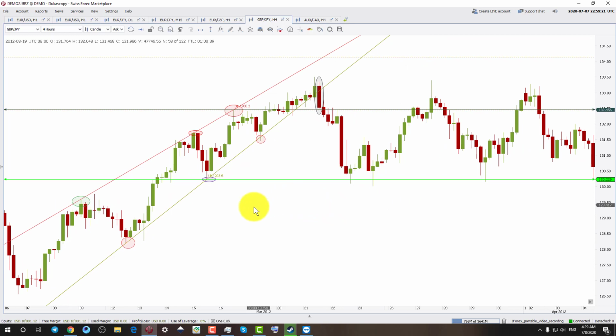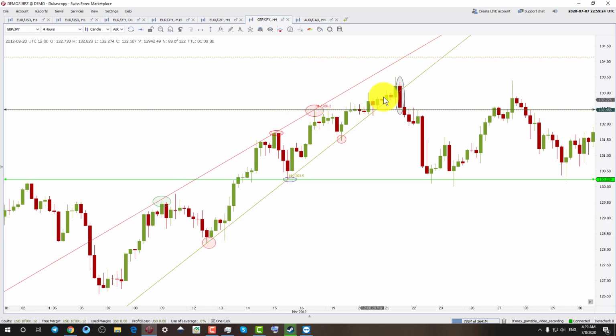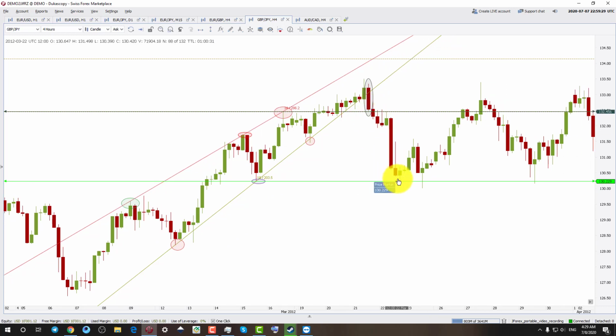Now that is why I say that there is no specific target for this market once the breakout happens, but you should book your profits at the next level of the support. And in case you don't want to book the entire profits, at least book half of the profits or close half of your position, and then bring the stop loss to the break even, and your trade will be free of cost and you will have no risk in that. But the initial stop loss should be away from this resistance line in this case.